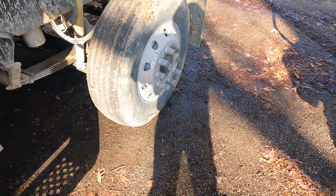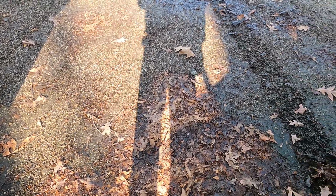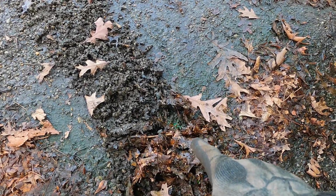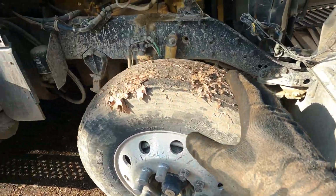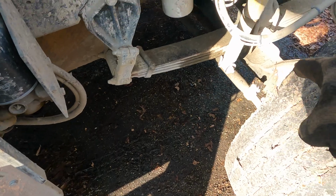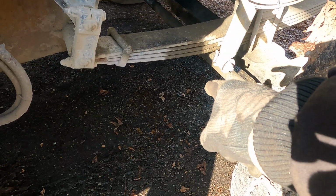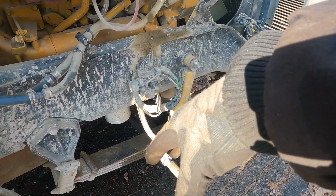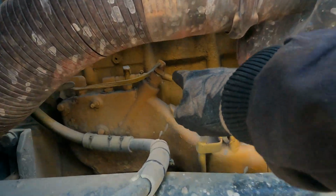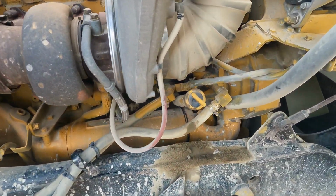Anyway, let's show you what I got going on the semi. You notice that this is all wet, and you can see how the antifreeze has literally sucked into the ground, which it's recycling. Didn't even know it could do that, but you can see it all underneath. Yeah, caught a nasty cold. But right here it was a steady drip, not even really a drip, looked like somebody had turned a faucet on. And this truck is plugged in. I've got block heaters, I've got all kinds of stuff, and it's working. It is working, but unfortunately right here,